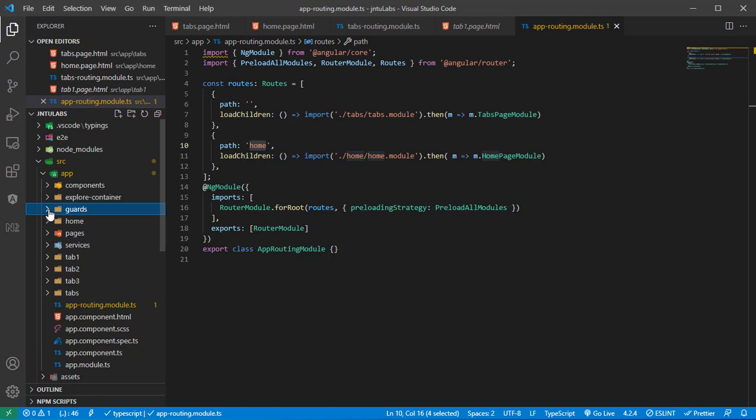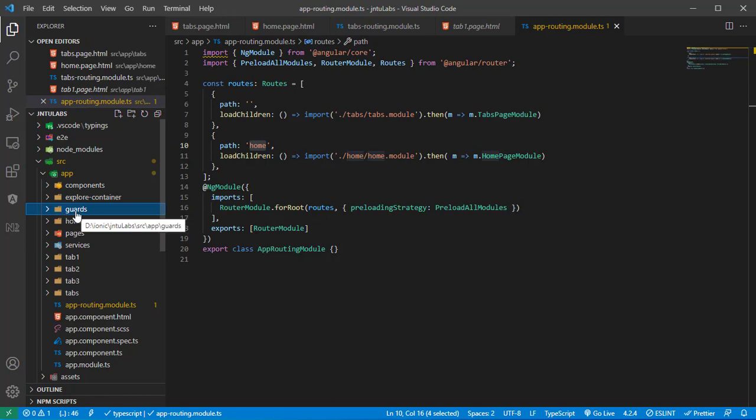If authentication is required, then only when someone logs in can they view the page, otherwise they need to come out of the page and log in. So we have guards where we can protect our tabs, or the internal pages we require. That can be useful as guards.